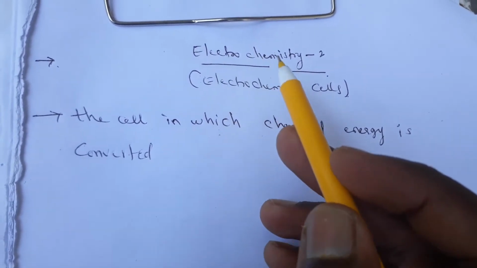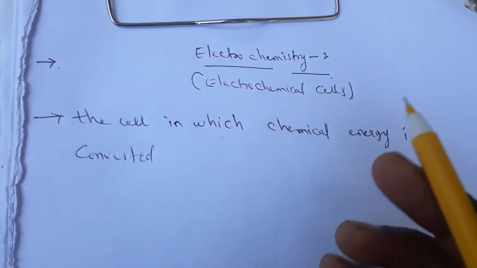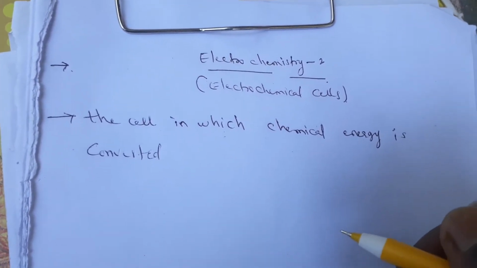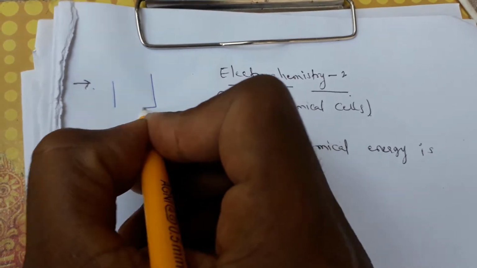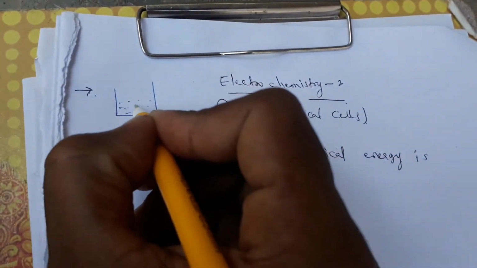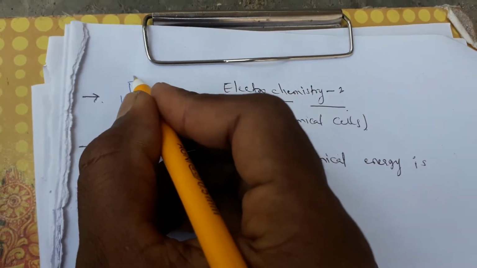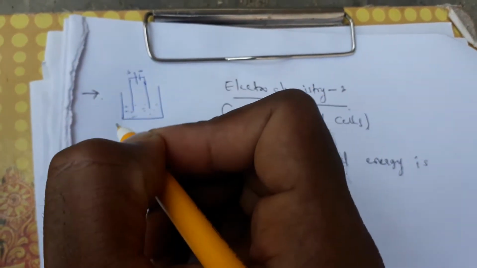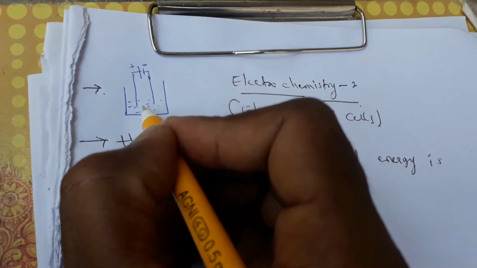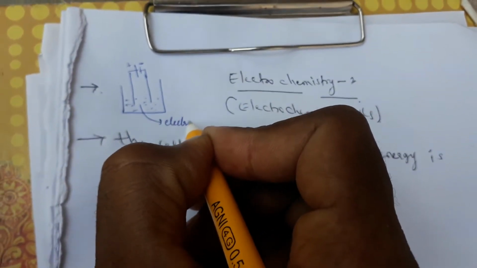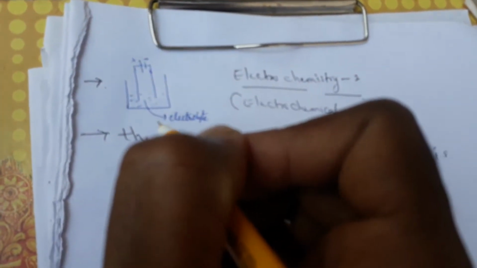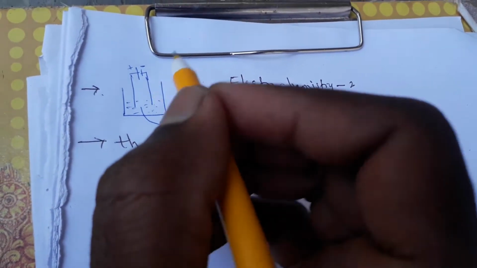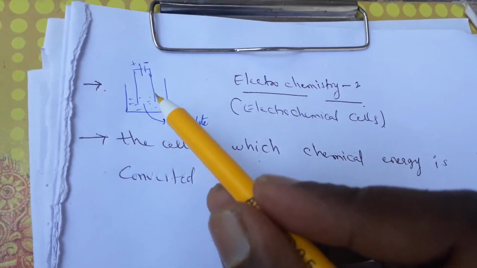So here, electrochemistry 2, this is part 2. Previously we discussed how electrical energy is converted into chemical change. There is a beaker, in that we took the electrolyte and inserted two electrodes and passed a certain current with the battery. Then electrolysis takes place of the electrolyte. That means cations and anions move towards the anode and cathode and are deposited on their respective electrodes.